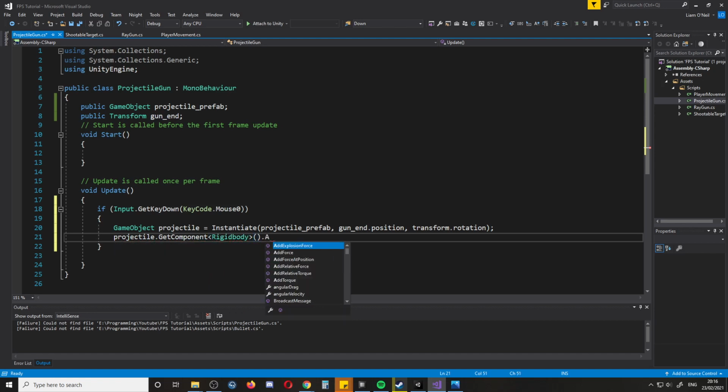And we then say add force. So this is going to add a force to the rigid body, meaning it's going to use physics. Instead of just setting a velocity, we're going to use a force, so that means that it works well with the physics system. So we'll say add force, and then we'll use gun end